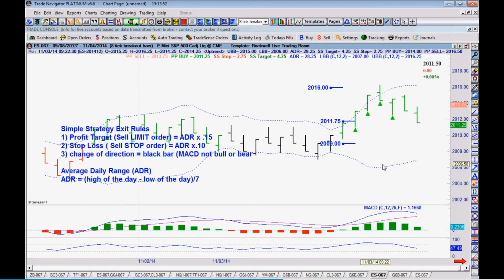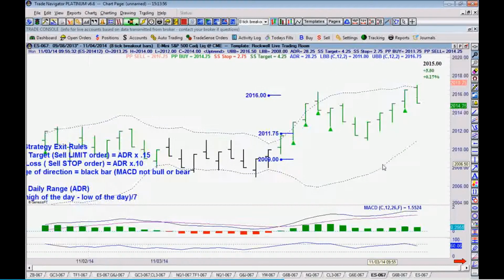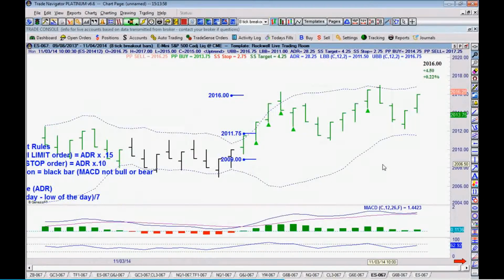So it was almost a picture-perfect exit with this example. Now you'll see that the market starts to move higher again. Things get a little choppy at this point. What I would like to see